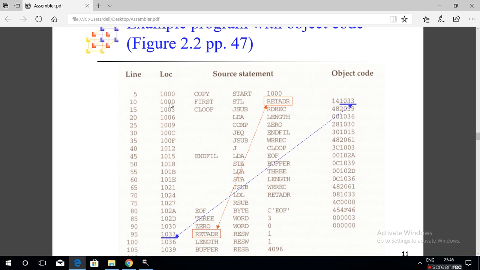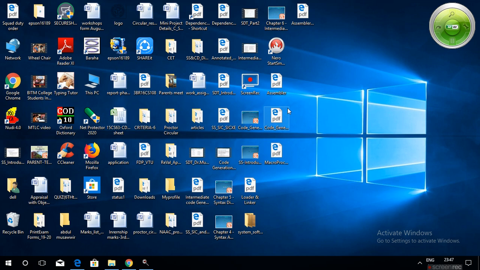If there is a symbol in the label field, then search the symbol table for the label.